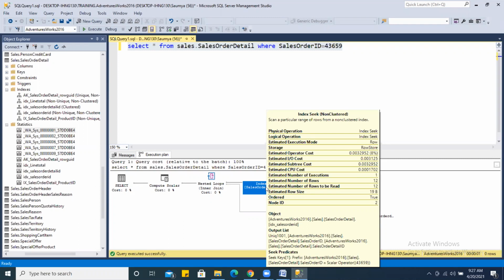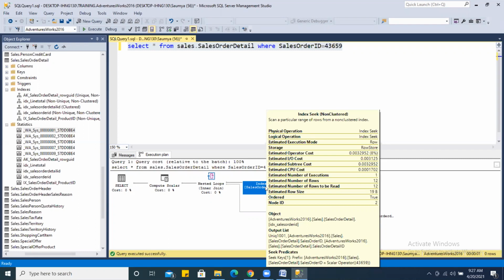The first section gives you different kinds of information. What physical operation it is doing, what logical operation it is doing, what the execution mode of this operator is, what kind of storage it is, row store or column store, if it is an index.